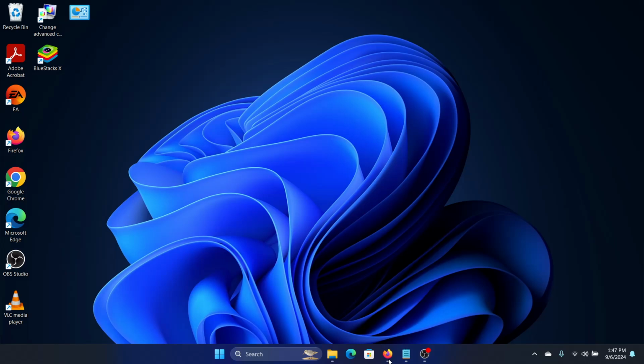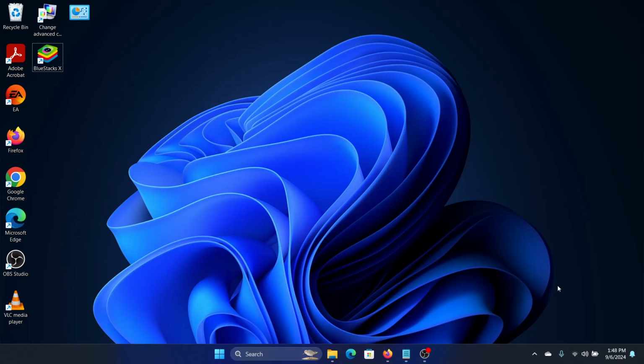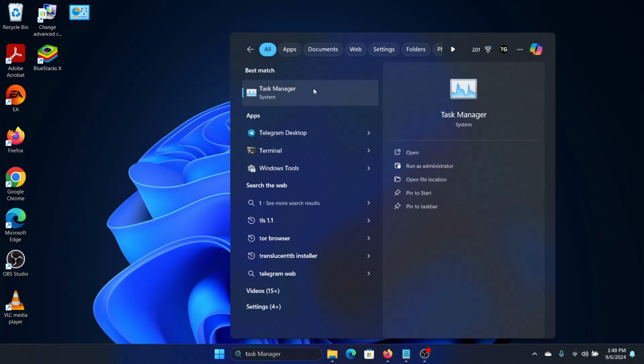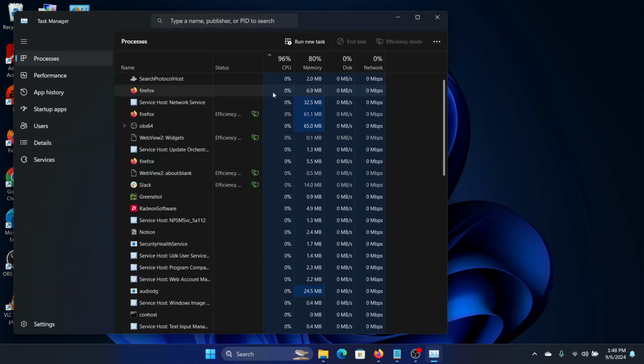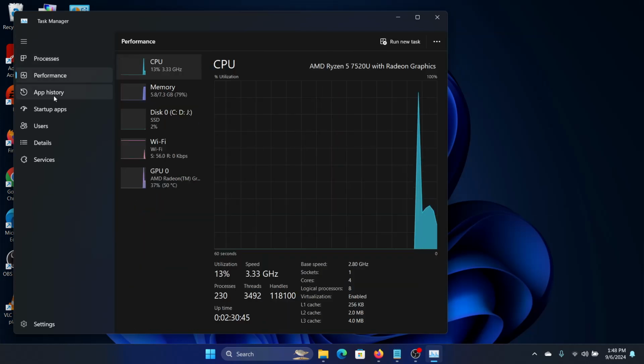If your task manager is not showing the processes, then watch this video to fix it. The first very simple solution is to just restart the computer. So click on the start button, click on the power button and click on restart. And once it boots up again, it should start showing. You open task manager and look for the processes. Look for task manager in the search bar, and then we can see the processes and the performance tab and